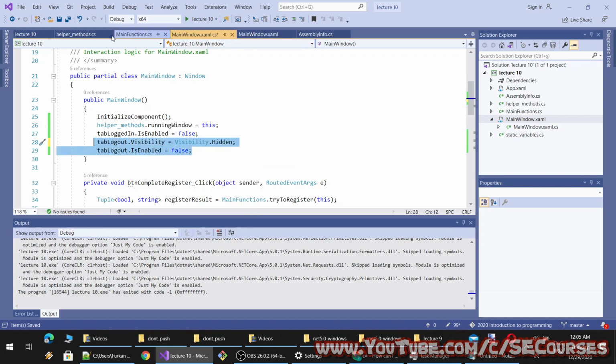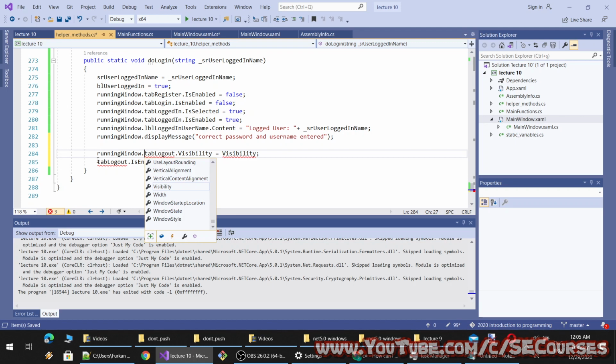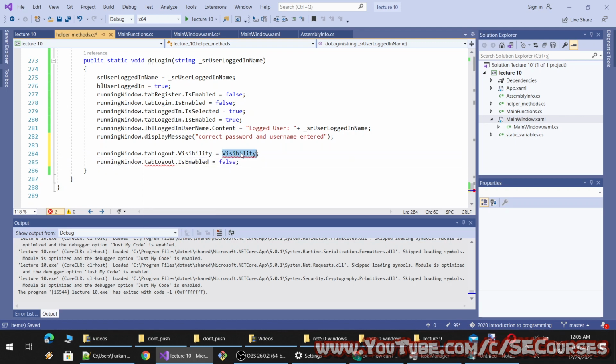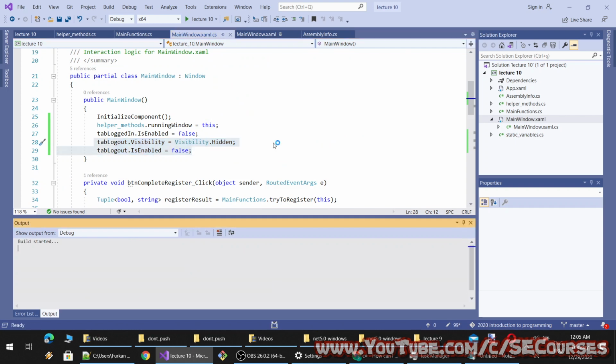Then I will make it enabled once the user logs in, let's make it as visibility dot. Okay, it is not available. I need to add using System.Windows, and visible and enable true.